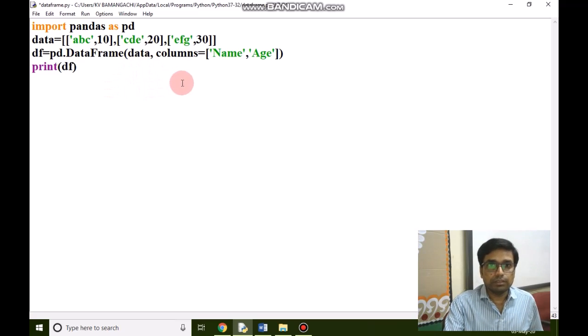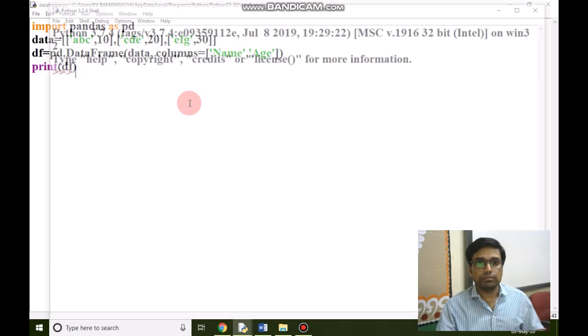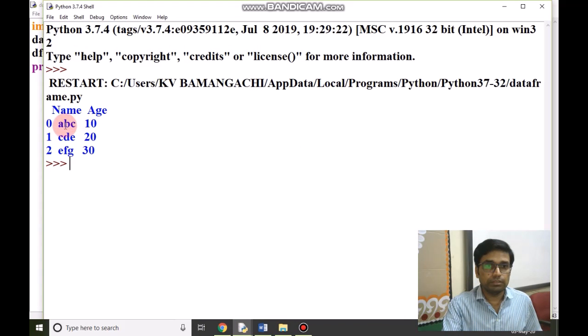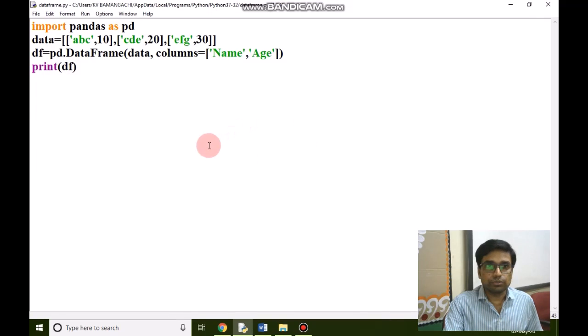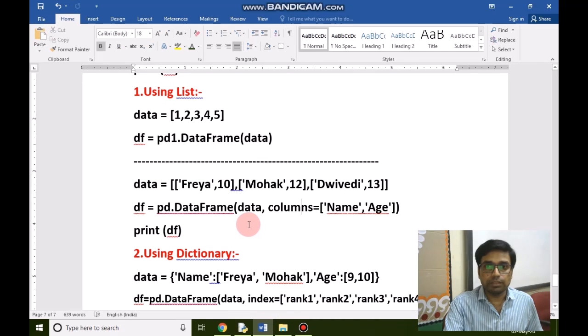If we run this program, look here, all the data or strings come under the name column and age numbers are under the age column, and the index is 0, 1, 2. So in this way you can create a data frame using a list.